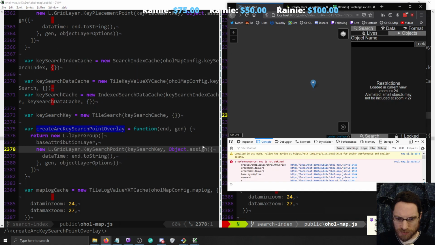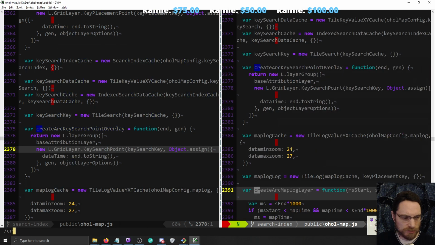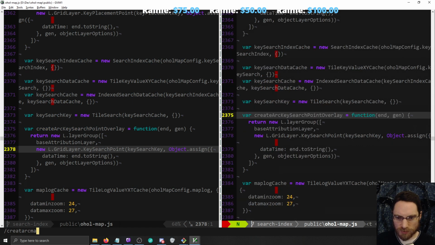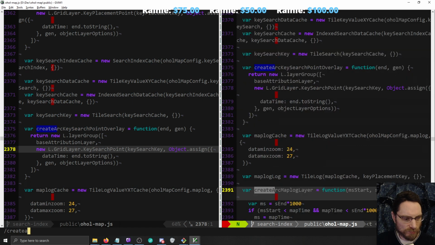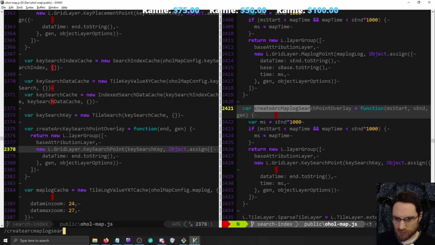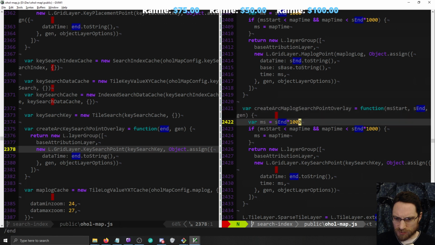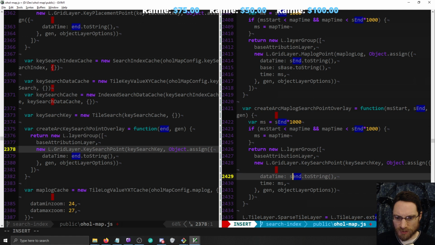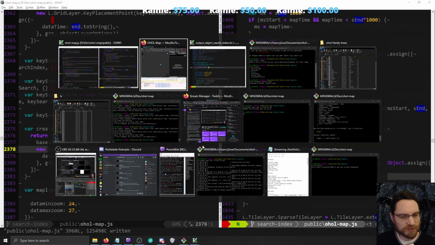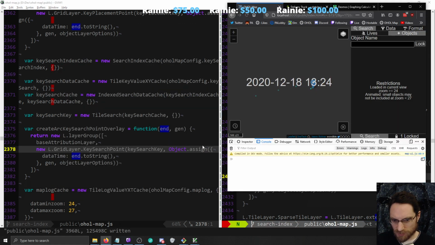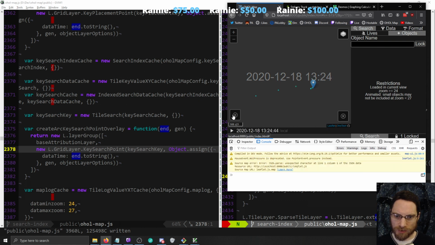No, that's not. Create arc map log search point overlay. We lost an end, because I copied something else. The code that's more like this is second end. That's not going to be terribly useful, but